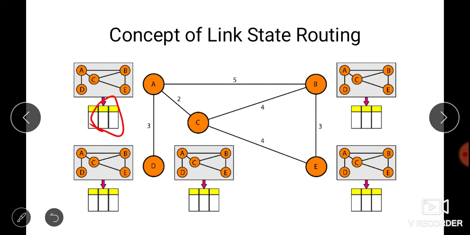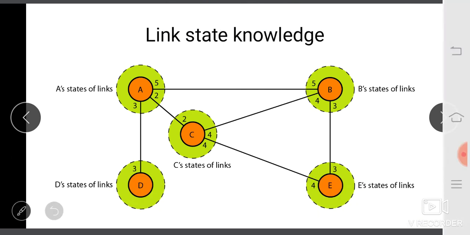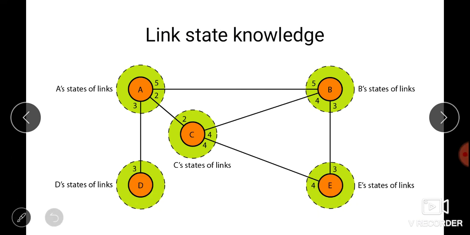Basically in distance vector routing, we were only transmitting the routing table to neighboring nodes, but in link state routing, we have to broadcast the routing table, meaning one table will be broadcast to all the routers. So this is based upon global knowledge, and distance vector was based upon local knowledge. So each and every node has the knowledge of all the nodes in the network, all the routing tables.